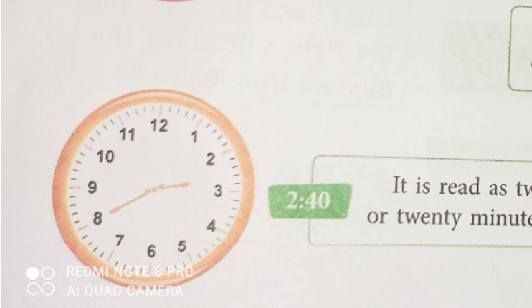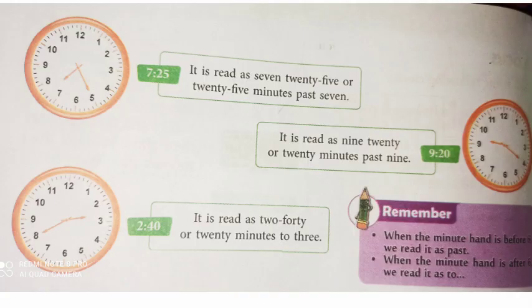In the next clock, you can see your hour hand is in between 2 and 3. So what will you take? 2. Okay. And your minute hand is at 8, which means 5 8s are 40. So your timings will be 2:40. You all have observed that we are writing the timings just using a colon. Okay. So we have to compulsorily use a colon between these two timings. So this was the first way how we tell the time or how we write the time.